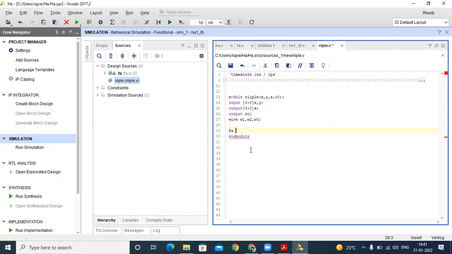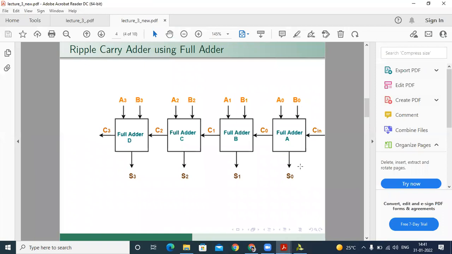After that, suppose full adder, space, first. Calling the first function. After that, we define our pins, how to connect our full adder internal pins with respect to our top module ripple carry adder. You can see in this structure, A0 is similar to our top module pin, and B0 is similar to our top module pin also.